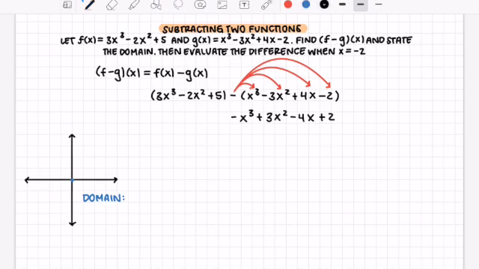And on the bottom, I could just combine the like terms with each other and align them. I know that 3x to the power 3, that's going to go underneath the negative x to the power 3. The negative 2x is going to go underneath the 3x. And the positive 5 is going underneath the positive 2. From there, I could just combine it. So we get here